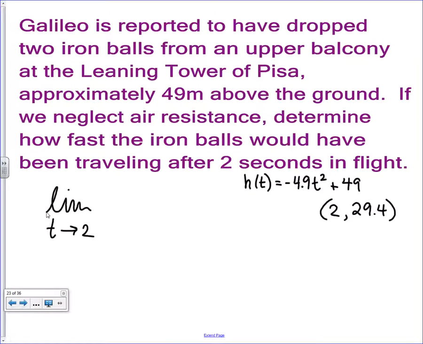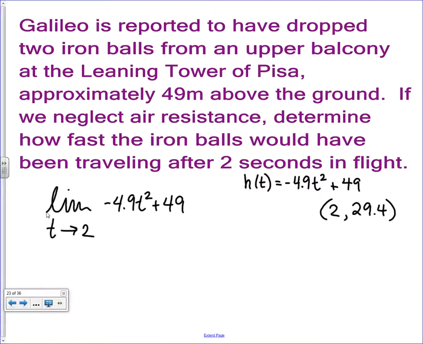The limit as t approaches 2 of f of t. Now f of t is the same as h of t. Do you guys want me to change this to an f? Be consistent or leave it as an h, you don't really care. Doesn't really matter. Okay, so my function is negative 4.9 t squared plus 49